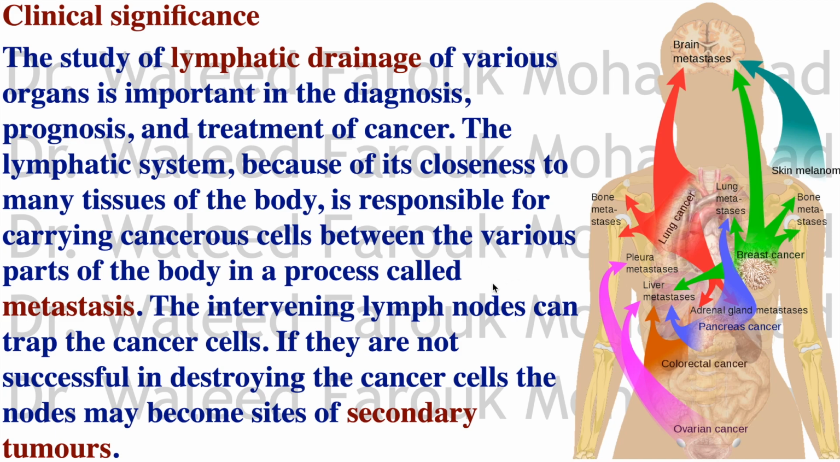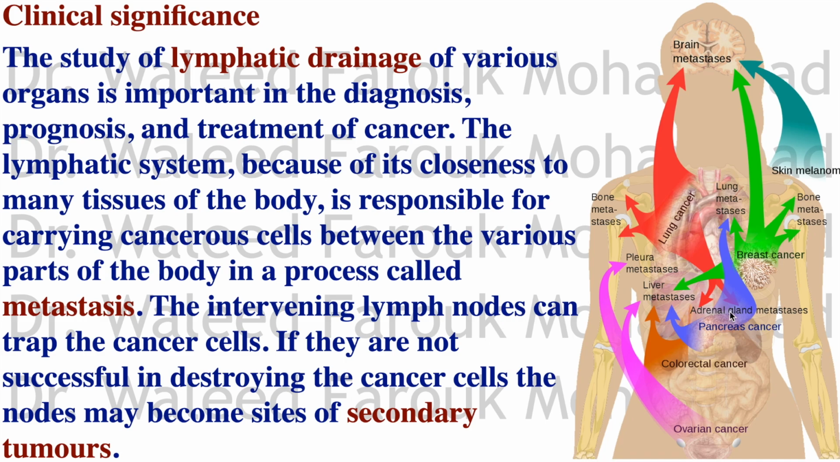Clinical significance of the lymphatic system, because the lymphatic drainage of various organs is important in the diagnosis, prognosis, and treatment of cancer. Cancer spreads especially by the lymphatic system to the nearby lymph nodes and nearby organs, and this is called metastasis. The intervening lymph nodes can trap the cancer cells. If they are not successful in destroying the cancer cells, the nodes may become sites of secondary tumors, and here